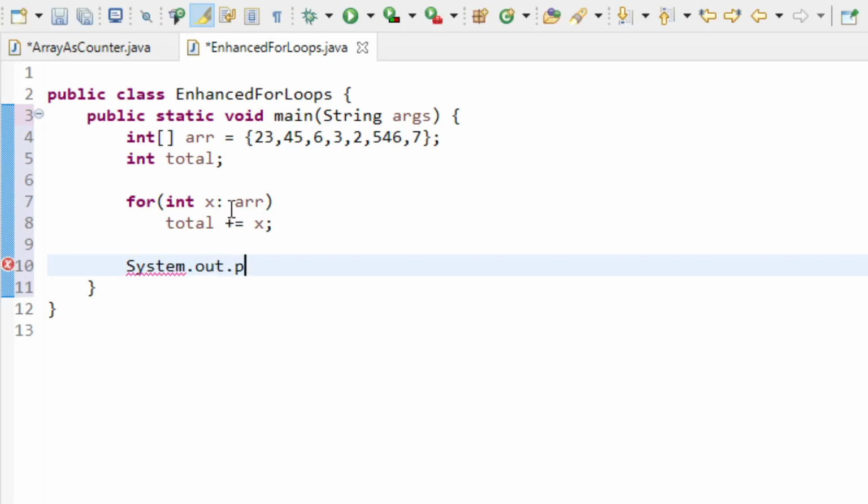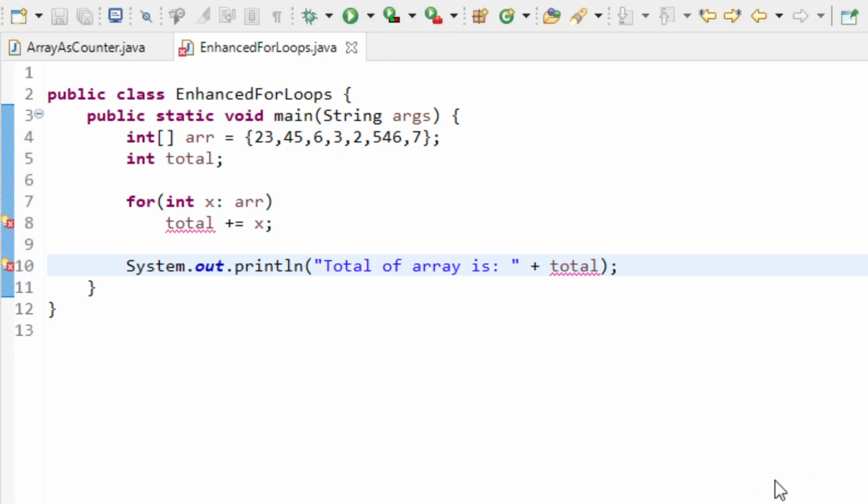So System.out.println, parenthesis, total of whatever array is, and our total variable here. So let's see what's the output here,